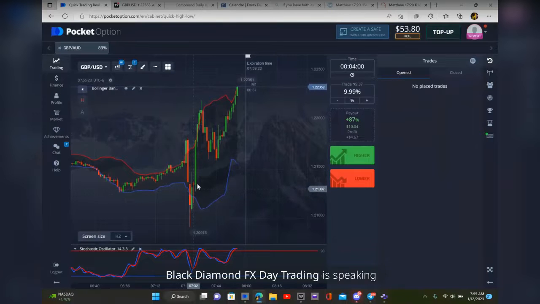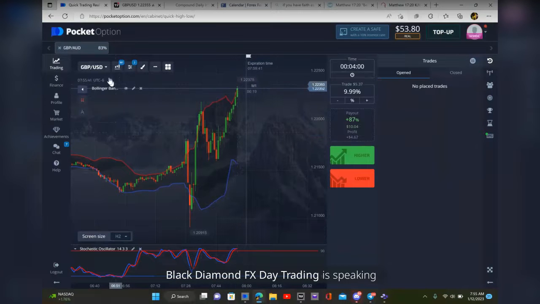Exactly what happened. Matter of fact, I was on this my last minute, and it spiked up because I got in somewhere. Where I got in at? Around here somewhere, and it spiked up and kicked me out. But it's all good. I'm not tripping. We're gonna make it back.